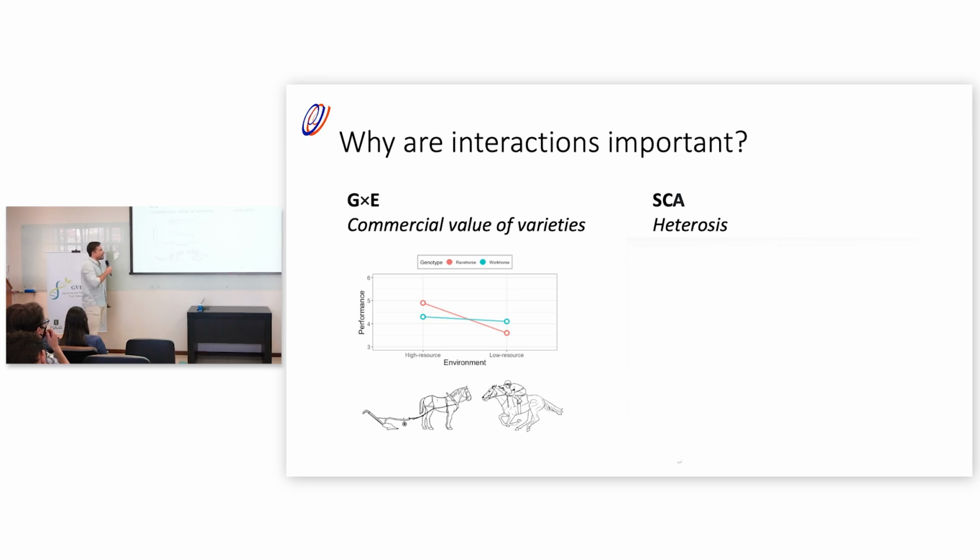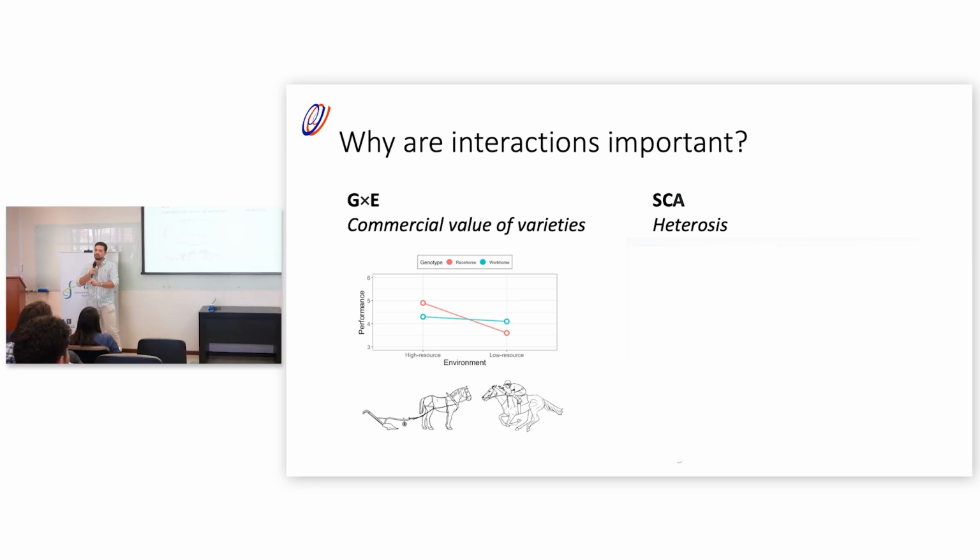The case of specific combinability is probably even more interesting because it allows us to model heterosis. And heterosis is, how to say it? Do you use Excel, Microsoft Office? You have to buy the license, right? Like you have it in your computer, and if you want to put it in another computer, you have to pay it again. You can copy it. This is something similar.